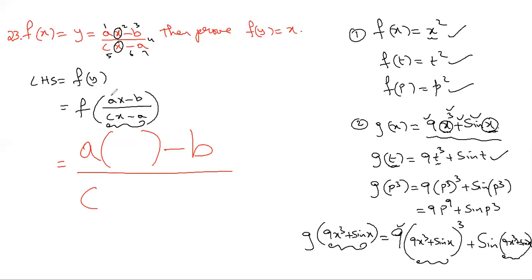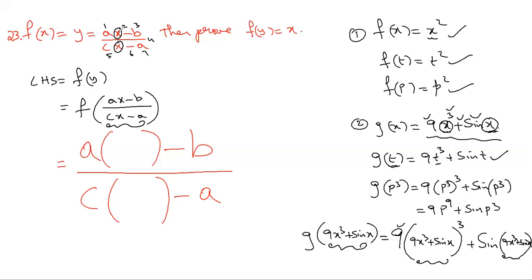And for the input x, how many times x appears, that many times you write a bracket. Unchanged 6, unchanged 7. So these unchanged numbers, whatever are there, unchanged numbers or symbols. A, B, C are numbers. Minus, divided by, and minus are symbols. Whether it is a number or a symbol, unchanged ones you should write. After completion of writing the unchanged ones, then you need to look at what is the input.